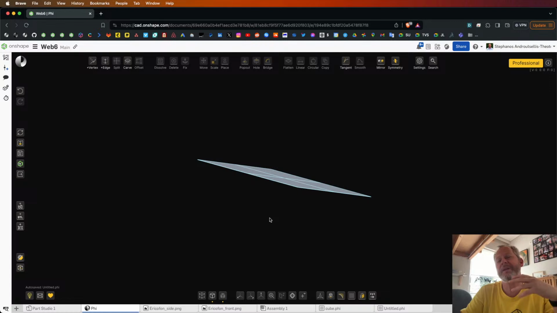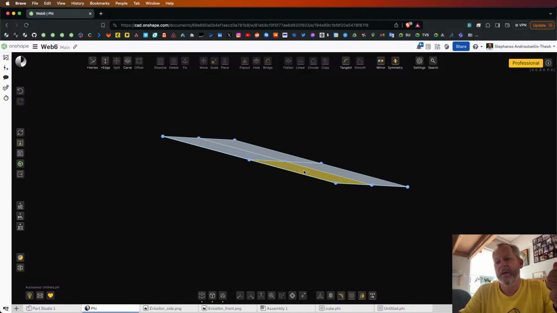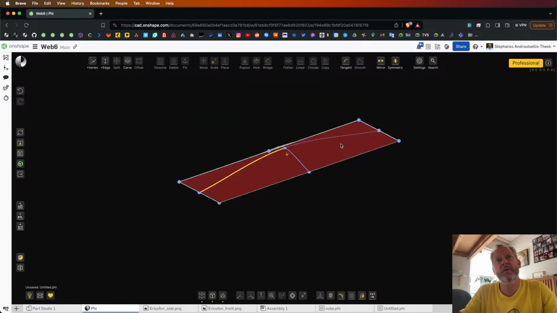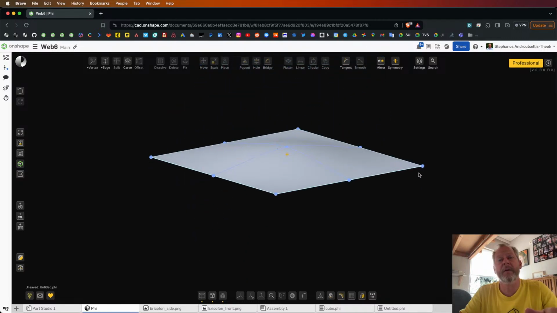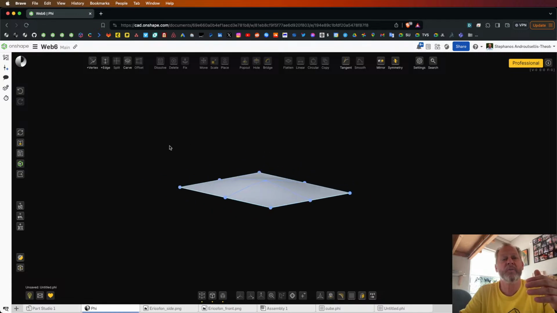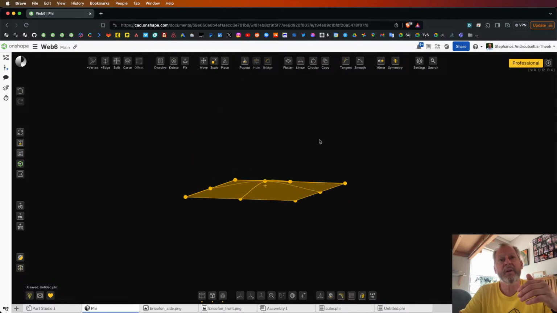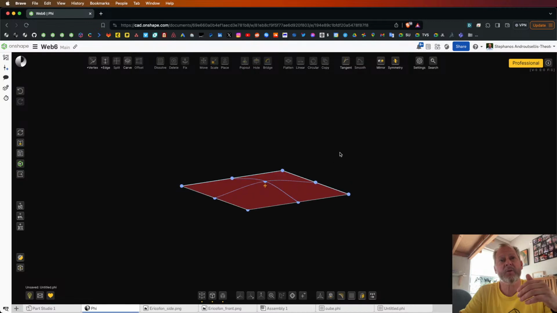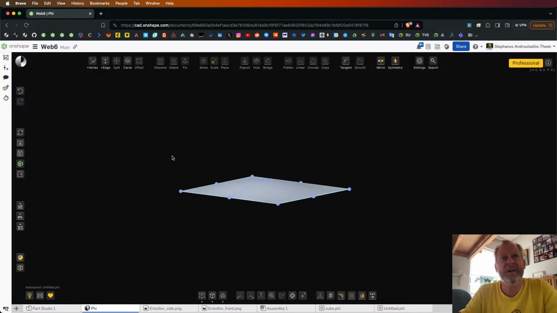Now, if you have an open face, it doesn't necessarily have any meaning inside and outside because there's no closed body. However, you can still do some operations that turn an open face into a closed body. And one such operation we saw last week or the week before, and it's the thicken command. So here I have selected, so you see that the red side is the bottom side, and I select this body, and then I will do a thicken,